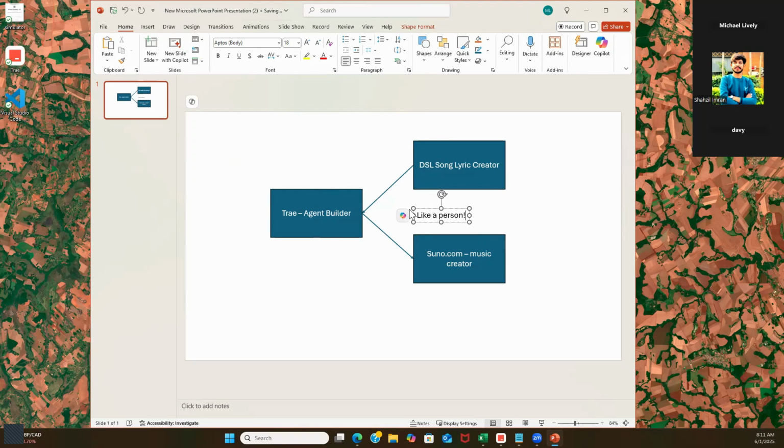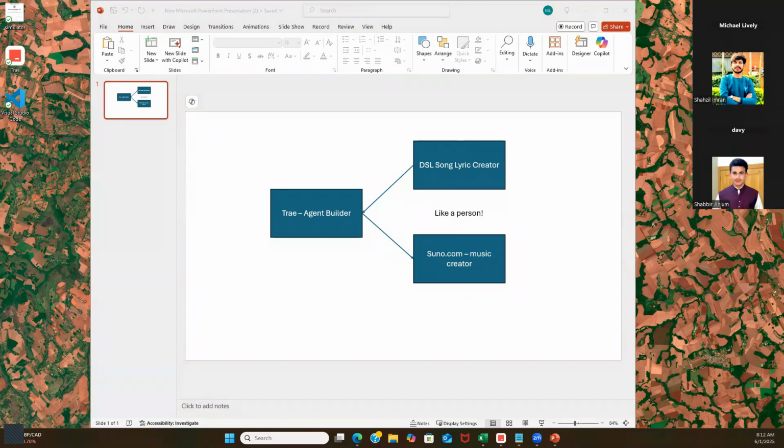That's been the whole thing. We can spend all our time writing APIs, but maybe we just use something like an agent builder to use the software that we have now, and then everything will eventually transition. All software will eventually be rewritten. There's no doubt about that with AI. So this is the goal, a really simple goal, and the hard work, the DSL song lyric creator, is done. We've got some links on that, and I've been posting those for you guys.